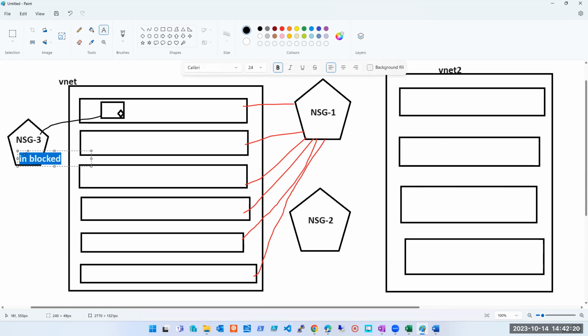But at the subnet level, on this subnet, I have allowed internet. Will my internet work on this machine or not? Just go by the diagram. No, it will not work.